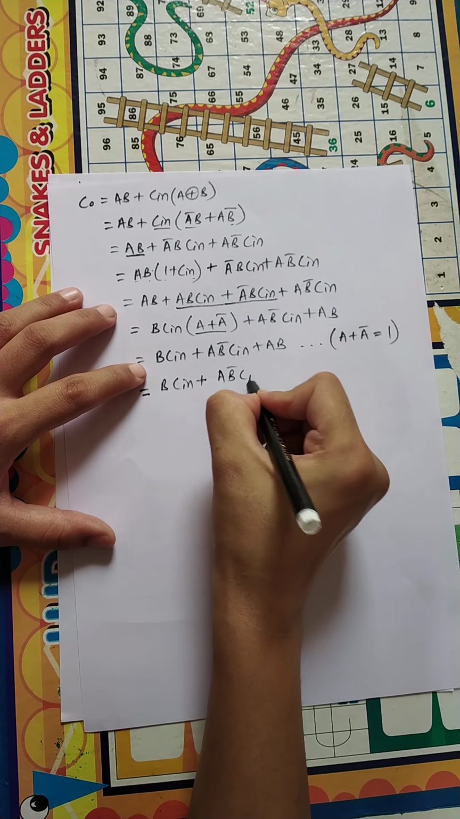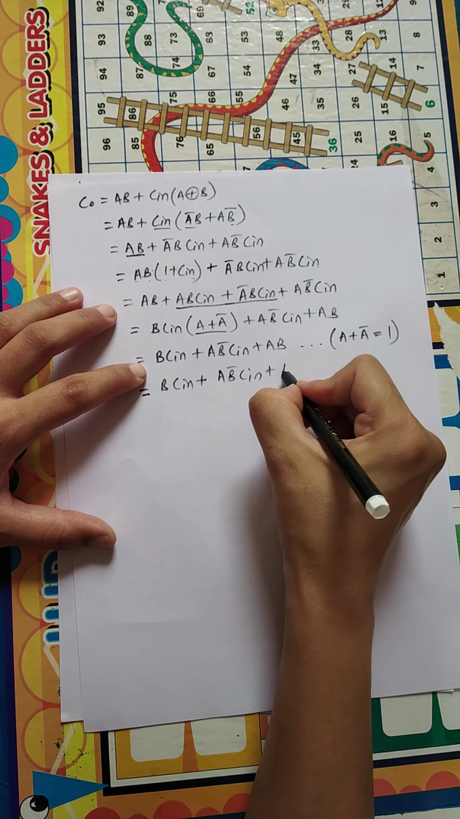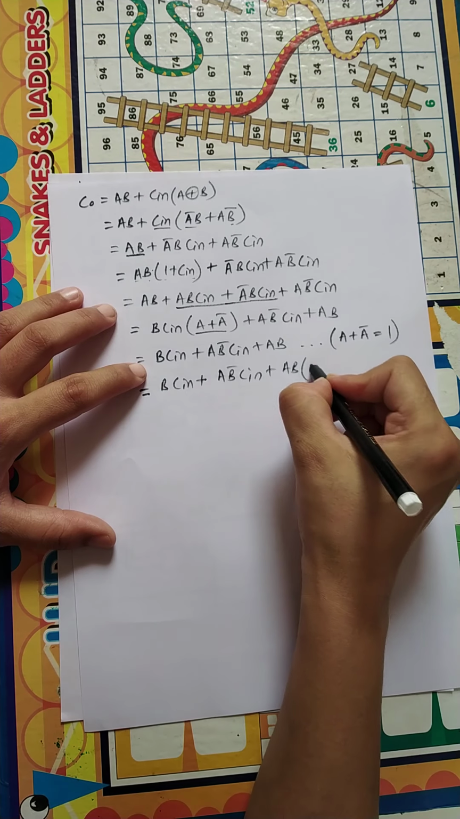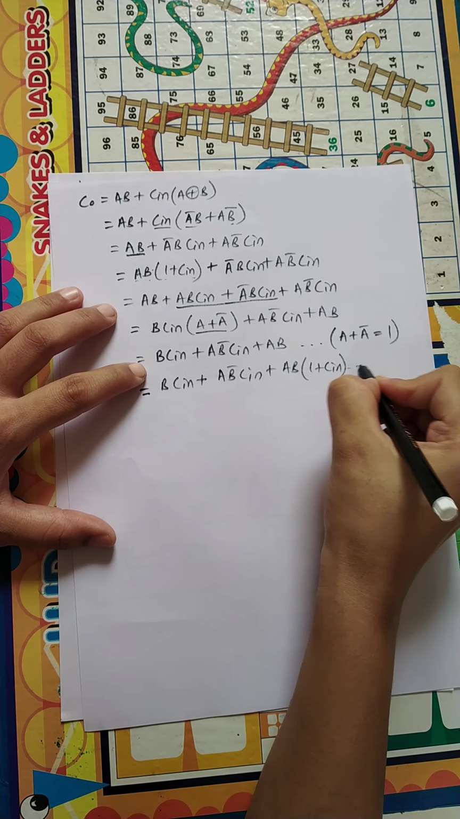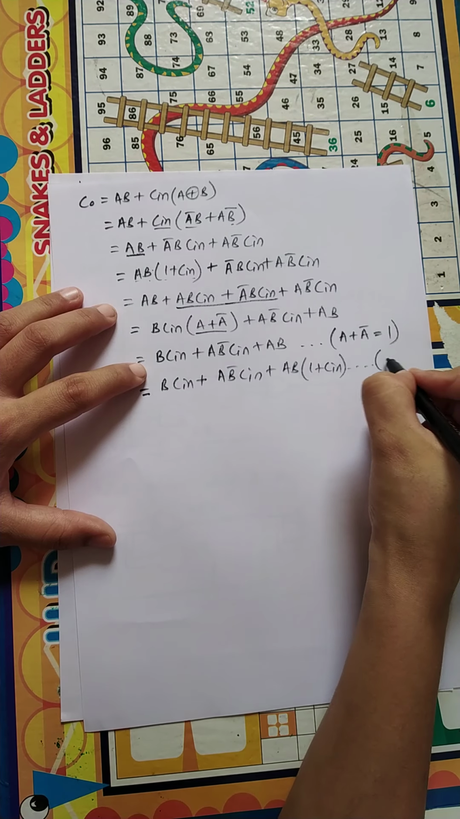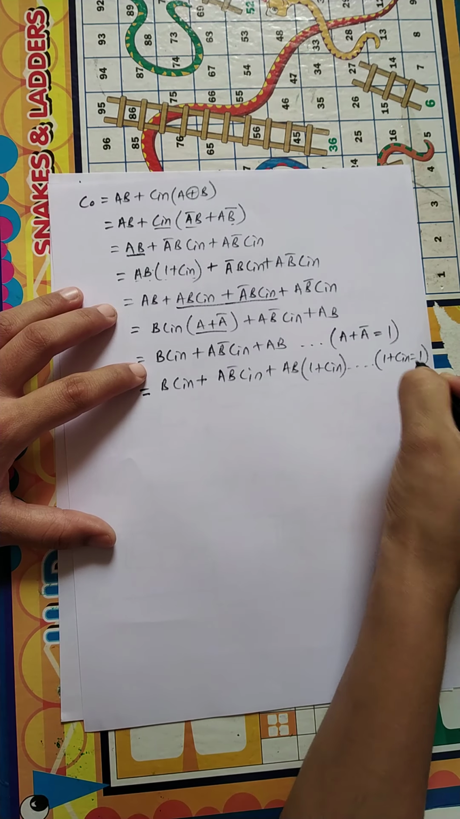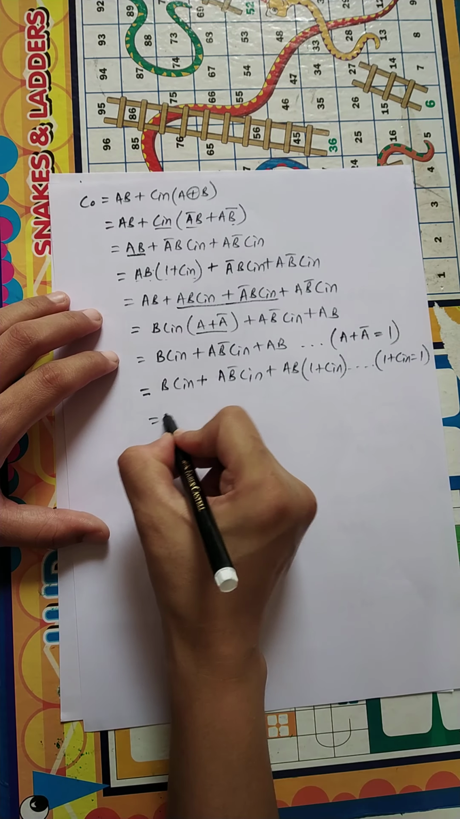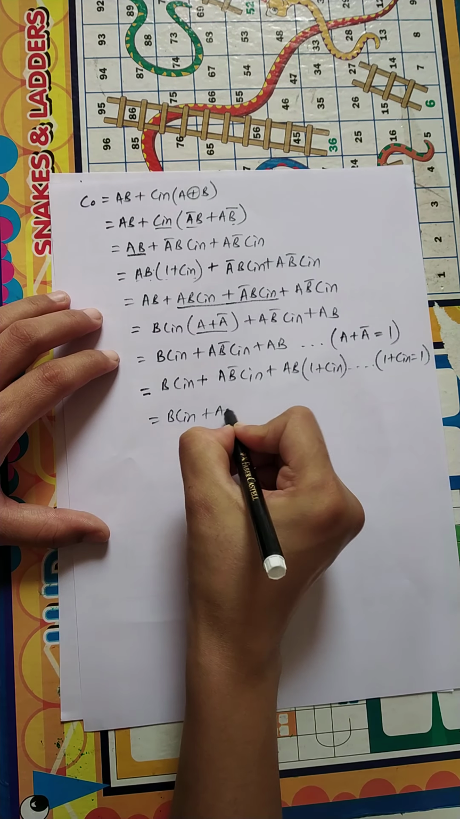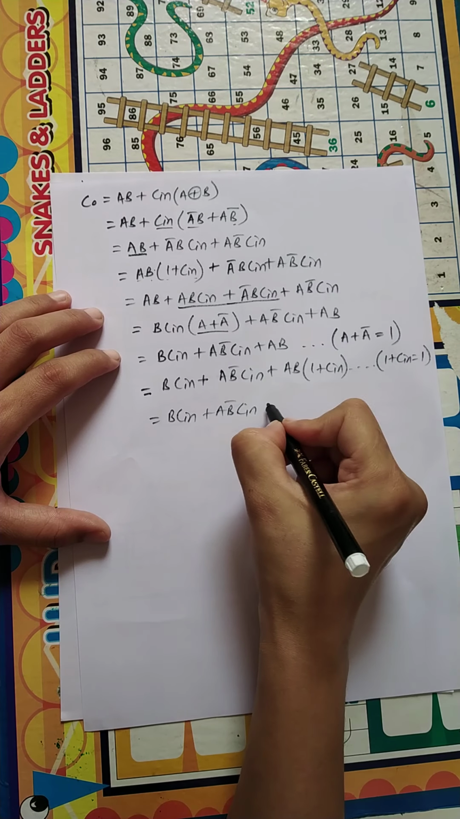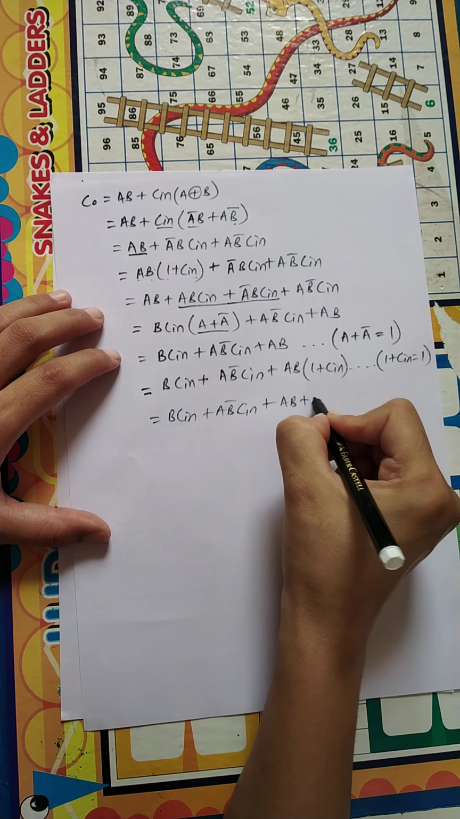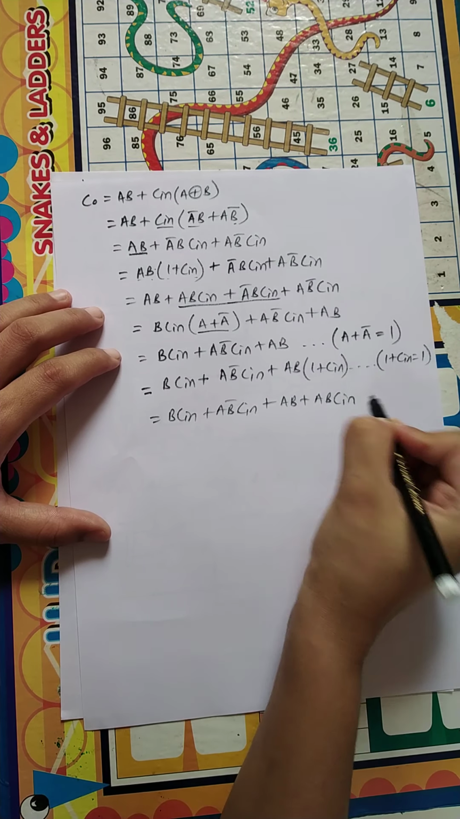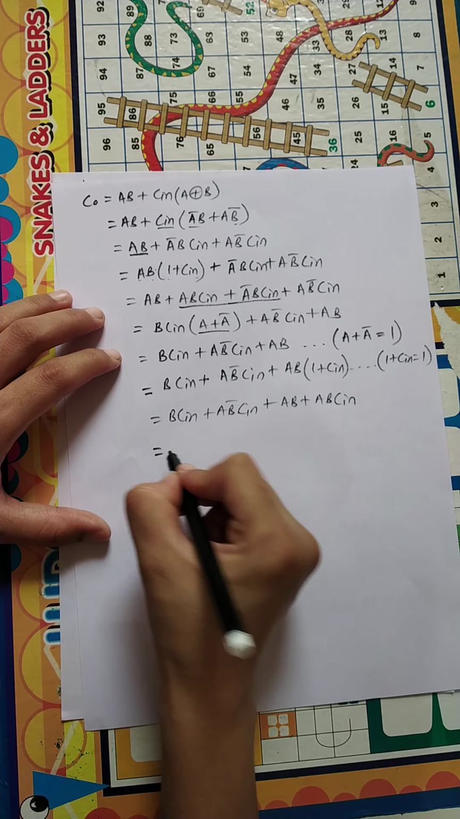AB barCin, plus now this AB again can be written as AB times 1 plus Cin, as it does not change the meaning. 1 plus Cin equals 1, that means AB dot 1 does not change the meaning. Again BCin plus AB barCin plus AB plus ABCin. Now again you can see that